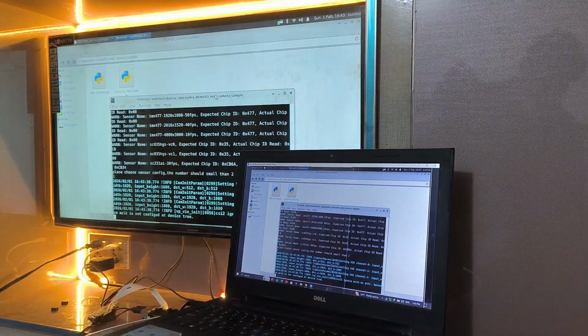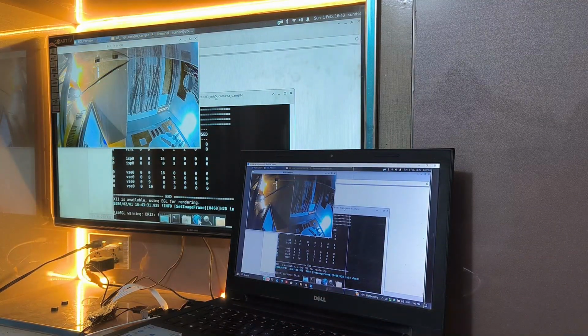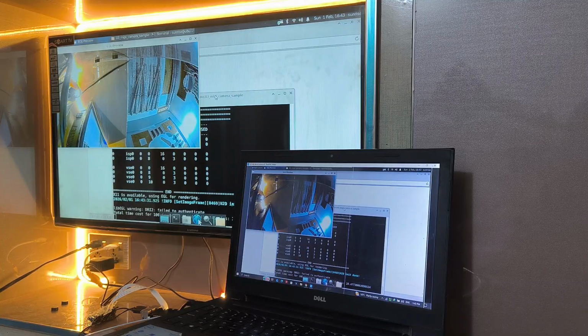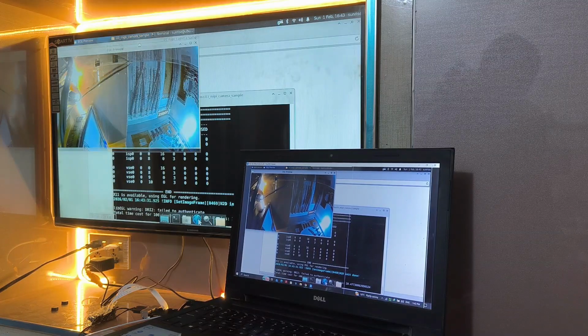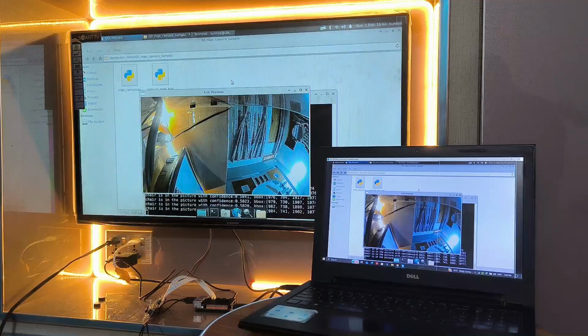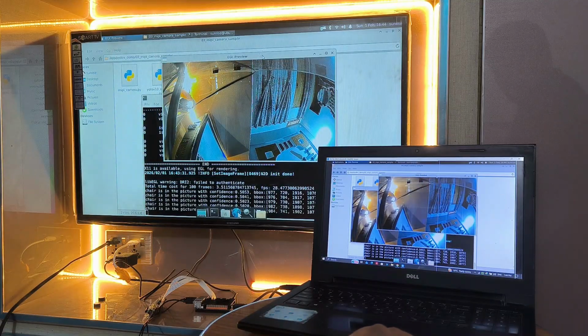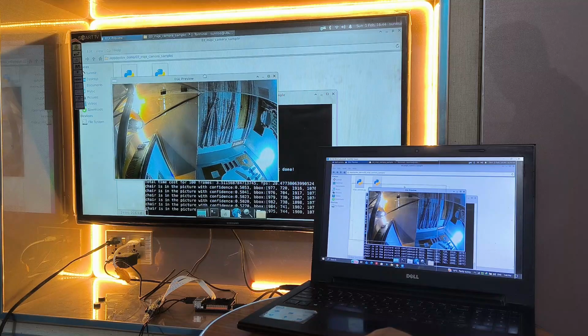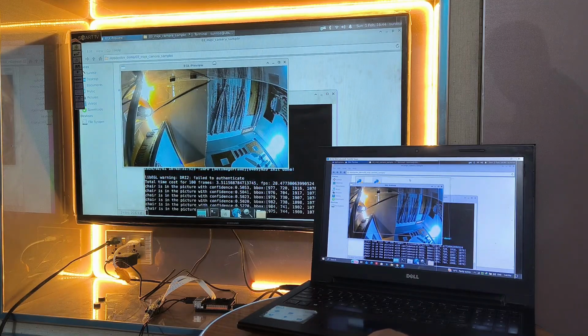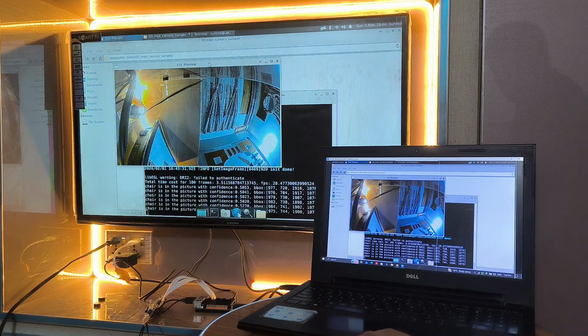And now you will see the live stream from the camera displayed on both the laptop and the LCD in real time. This shows how the RDK X5 can stream live video while being fully controlled and monitored from the laptop. And that's it for today's tutorial. We successfully accessed the RDK X5 on the laptop using VNC, demonstrated screen mirroring between the laptop and LCD, and even ran a live camera stream that you can see on both displays.